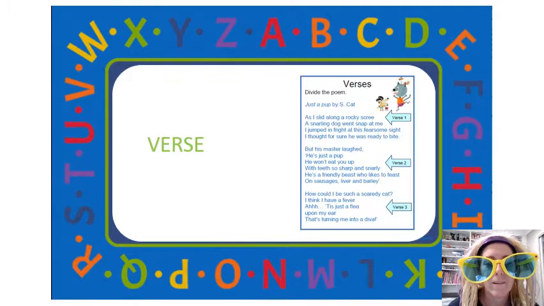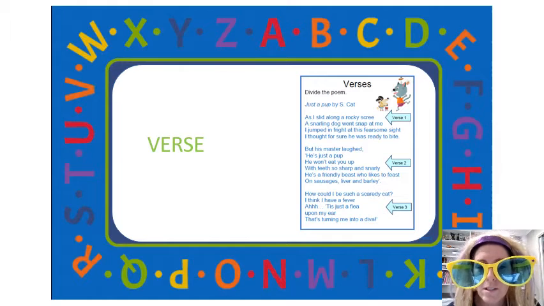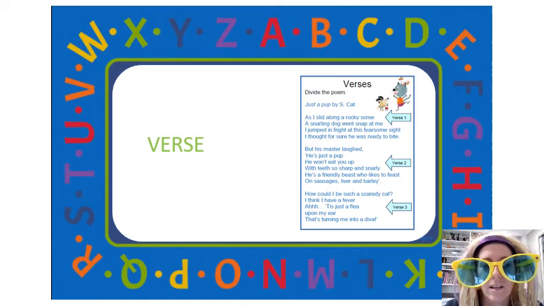All right, let's start with verse. So verse, it's just like a paragraph really. A verse divides the poem. So let's have a look at this verse here. We can see that there are 3 verses to this poem. And each verse, they've got different lengths of verses. So the first one's got 4, the next one's got 6, and the next one's got 5 lines. So there is a mixture of verse length.